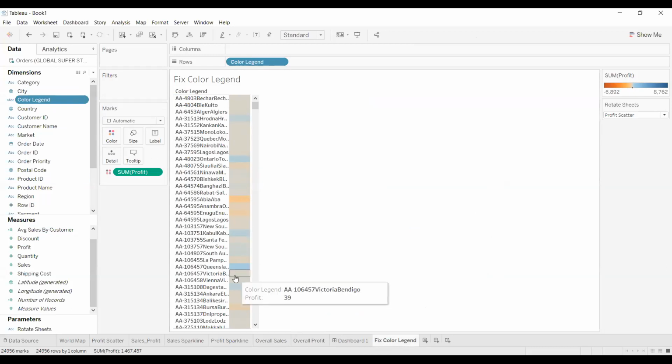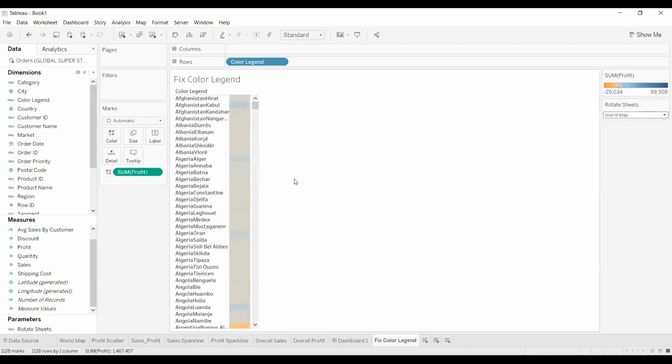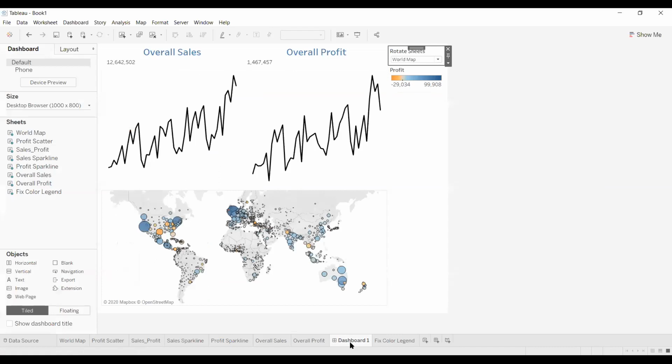Now according to this color, this legend will be adjusted according to these colors and dimensions. When I select a particular state, according to this dimension, this profit legend will adjust. That's it. So this is about the sheet, and then we drag this sheet here on the dashboard,